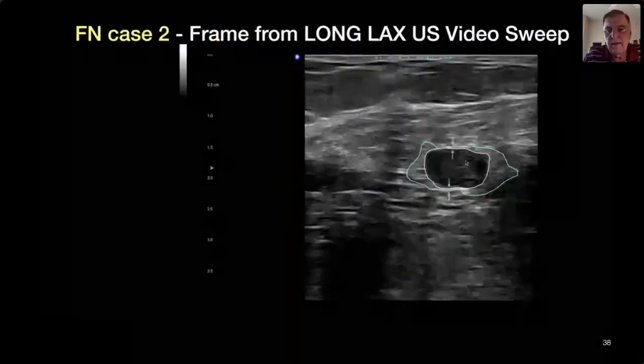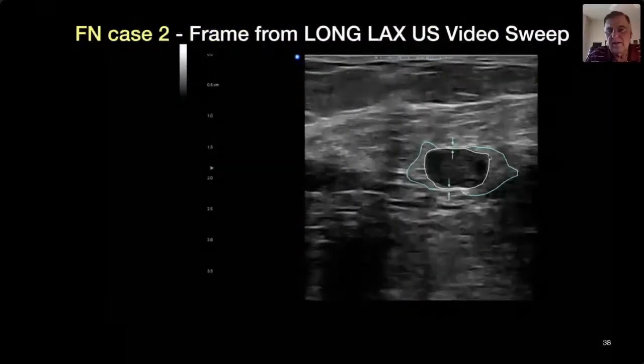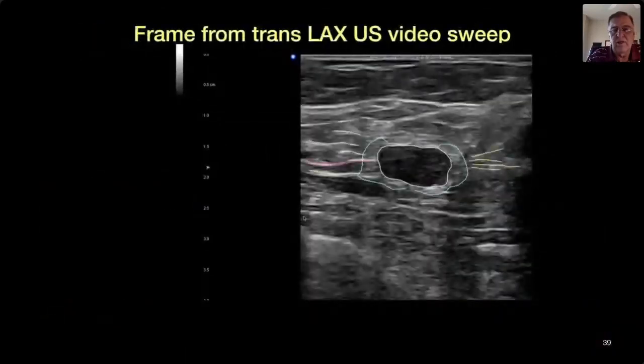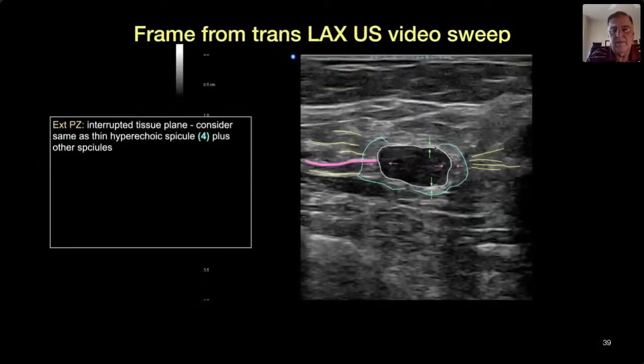Now also notice that I've got some hyperechoic spicules in the boundary zone. So not only do I have a thick echogenic boundary zone on the sides of the lesion, despite the thin capsule on the front and back, I've got frank, short boundary zone hyperechoic spicules. Again, I want to show you the tissue plane cut off. Nice thin capsule front, thin capsule on back shown by the green arrows,